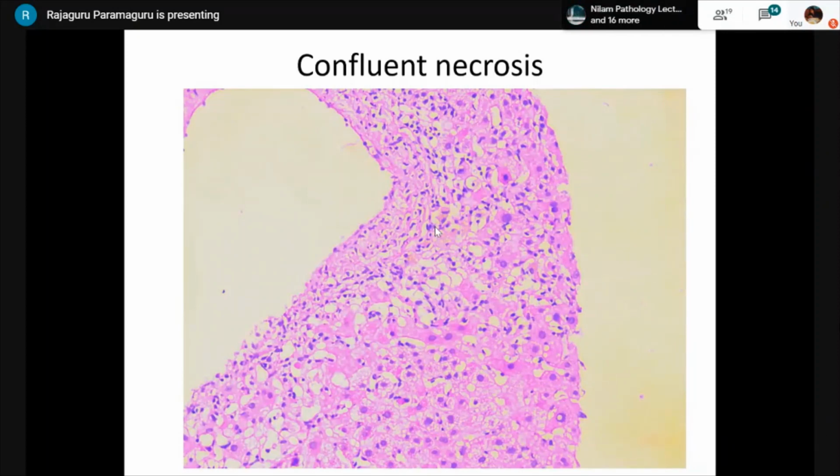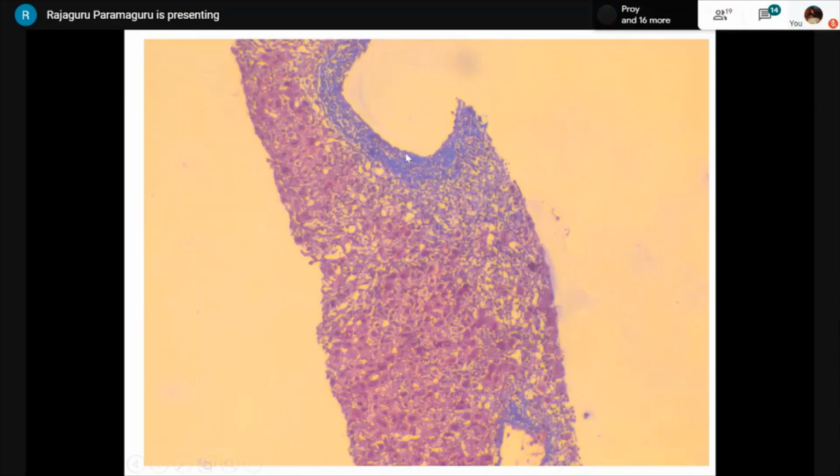But for most of the liver-related pathologies, the necrosis will be in zone 3. And when there is a group of hepatocytes which are necrosed, it is called confluent necrosis. Next, this confluent necrosis is highlighted with a trichrome stain. You can see the collagen which is staining the terminal hepatic venule. It's a large vein. And around it, this necrotic area is very loose, and it is faintly stained with the trichrome.